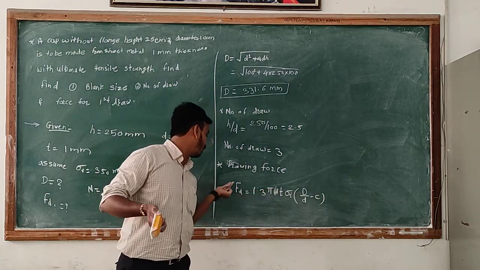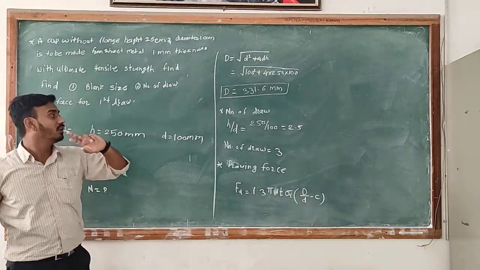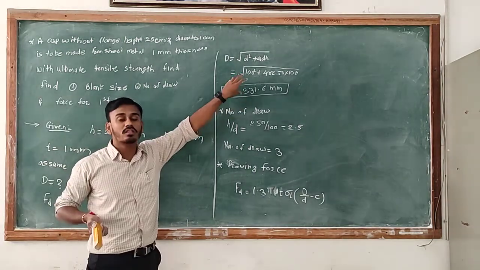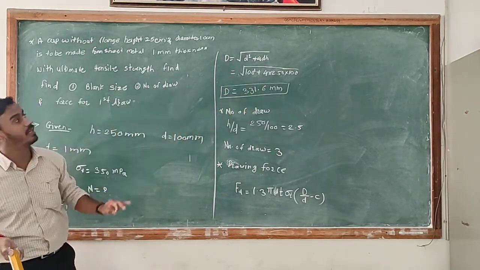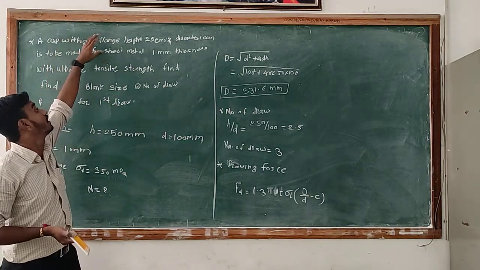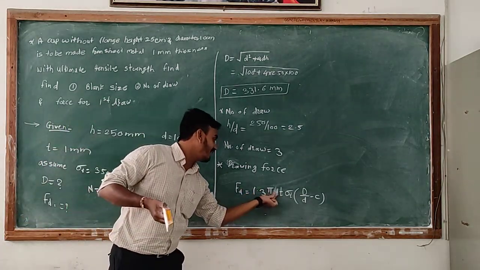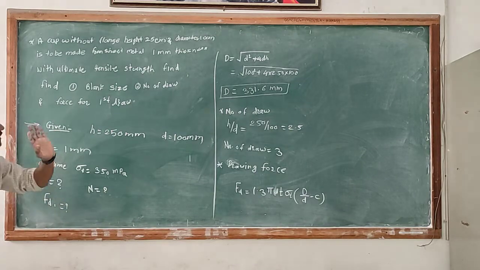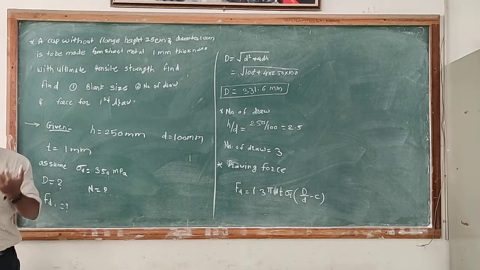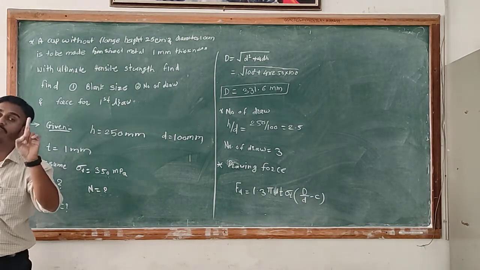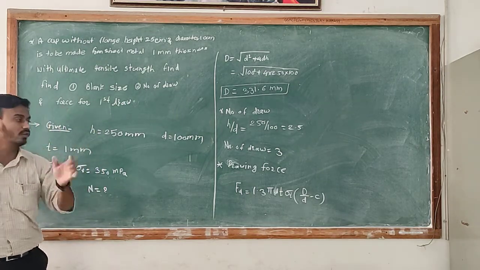So this is the formula to calculate the total amount of force when we convert this blank of 331.6 mm diameter into a shell of 100 mm diameter, and the height is 250 mm. Here we take d as 100, but in our numerical they ask to find out the force for the first draw. They do not ask to calculate the overall force. They only ask to calculate the force for the first draw.